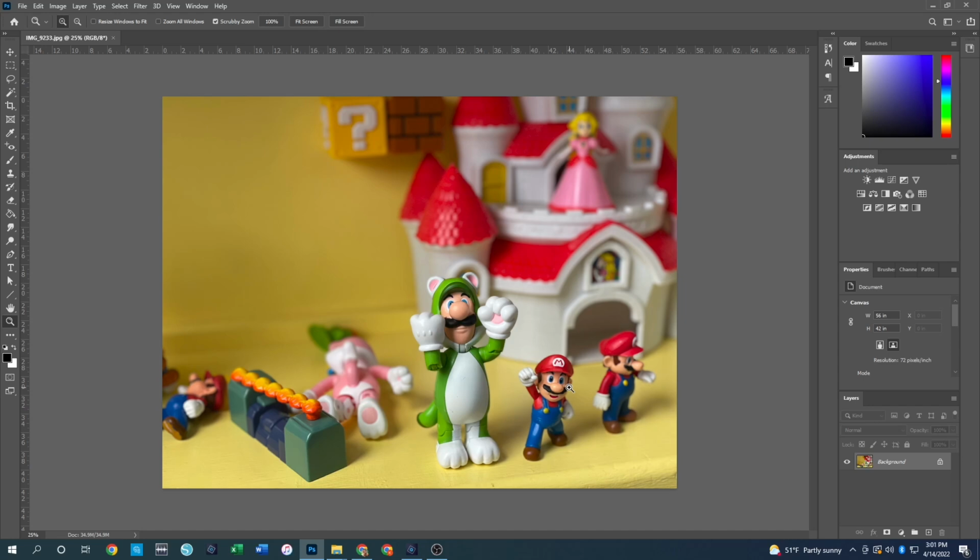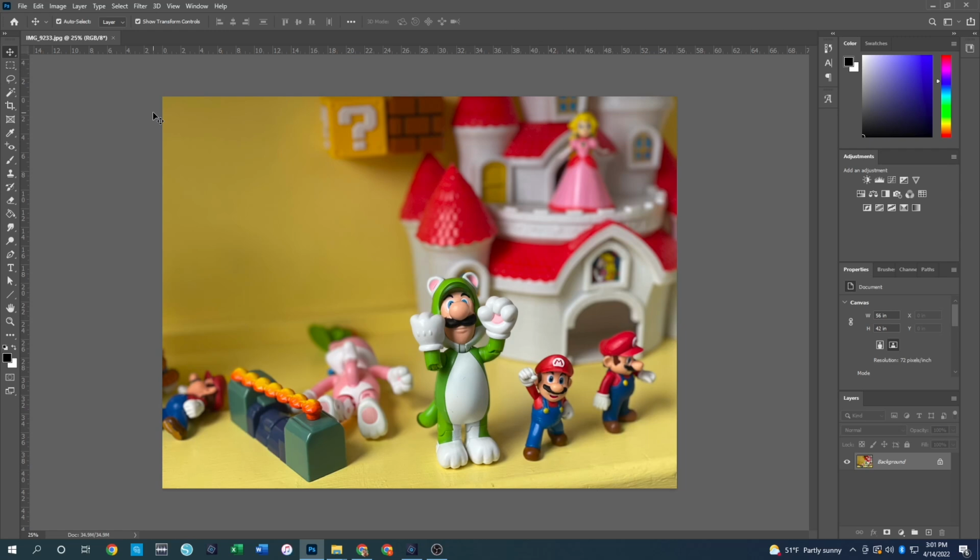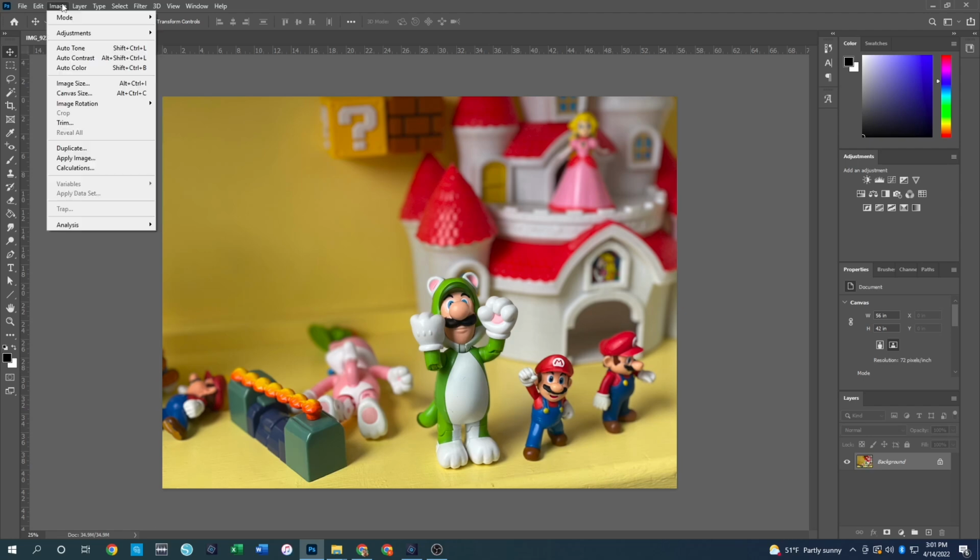If they give you an exact width and height, then I would suggest cropping your photo and using the width, height, resolution in order to crop your photo down. If they are only giving you the width measurement though, and the height doesn't actually matter, then you may want to resize your photo instead of cropping it so you can keep the entire photo intact. To do this, you're going to go up to Image and Image Size. You can also use the short keys Alt, Control, and the letter I in order to